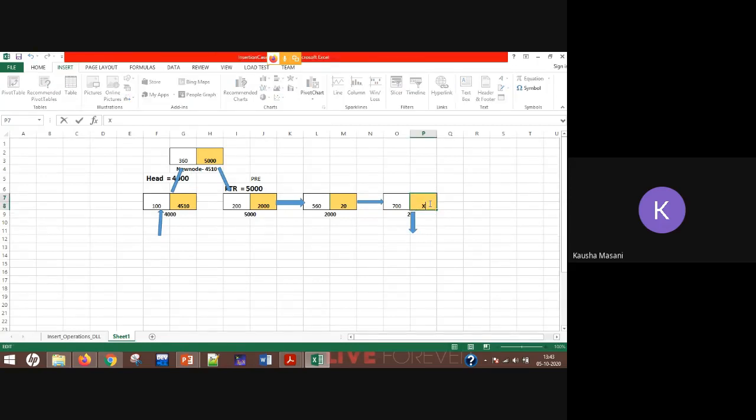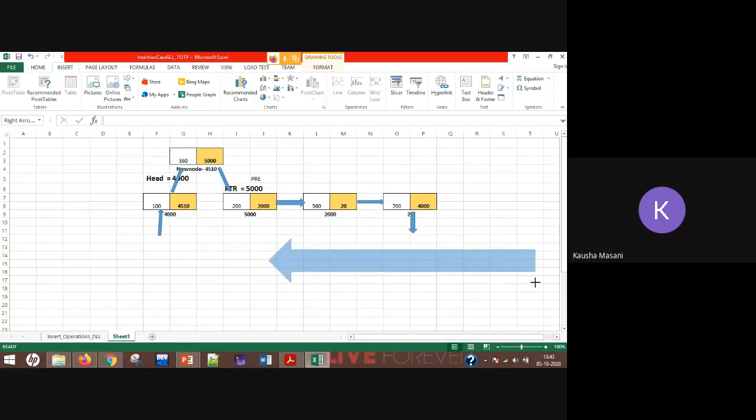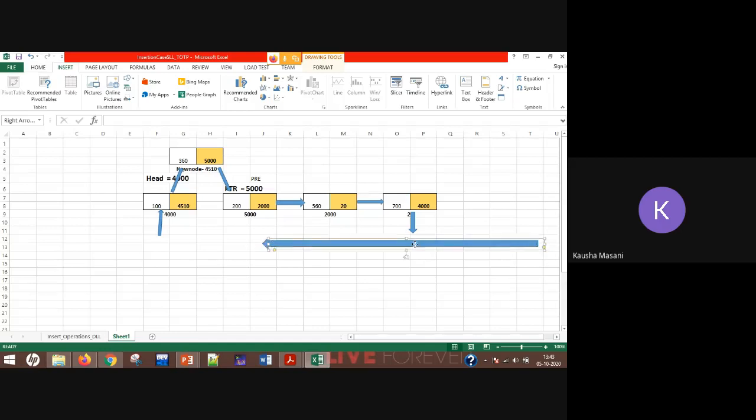Instead of this x, now as we are talking about circular linked list, so value will be 4000. Okay, this is your circular linked list, in circular manner.